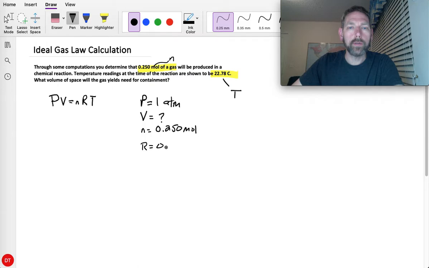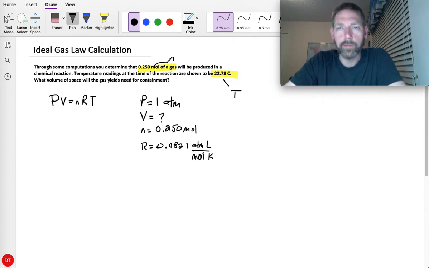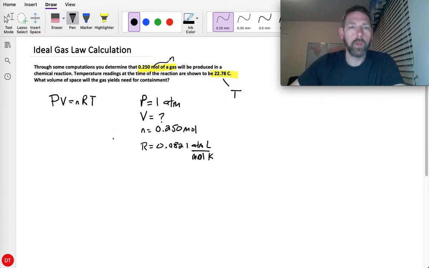We know what R is. R is 0.0821 atmosphere liters per mole Kelvin, right? And we know we're using atmospheres because, remember, since there's nothing in the problem, we're just going to assume 1 atmosphere. And so this is the R value we use when we use atmospheres. It's a different R value if we use millimeters of mercury or kilopascals. And then temperature is